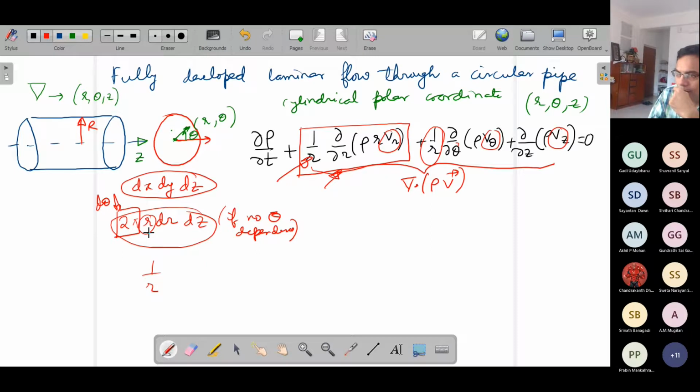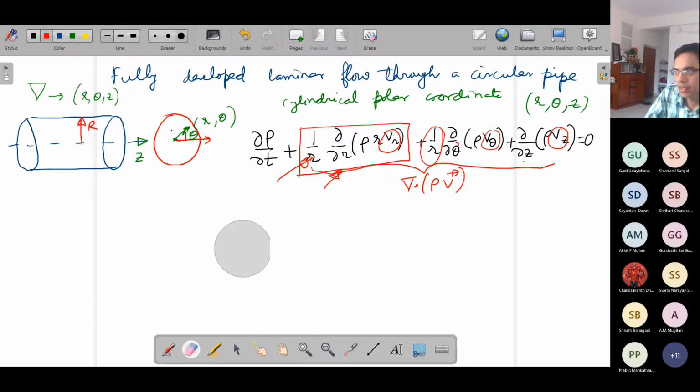But for the z dependent term, in the z direction, this r d theta, all those things are not relevant. So you can see directly this comes. And when you have a 1 by r, for dimensional compatibility you should have another r here, so that this becomes dimensionally consistent with the other terms. This is just to give you a physical idea of where these terms come from. Of course, if you put the nabla operator mathematically, you will get this.